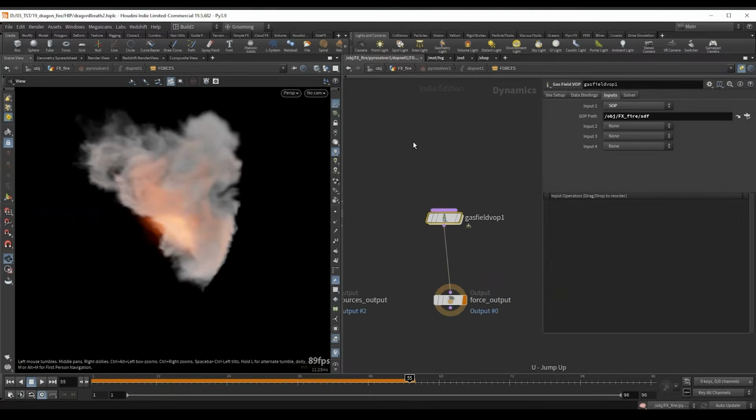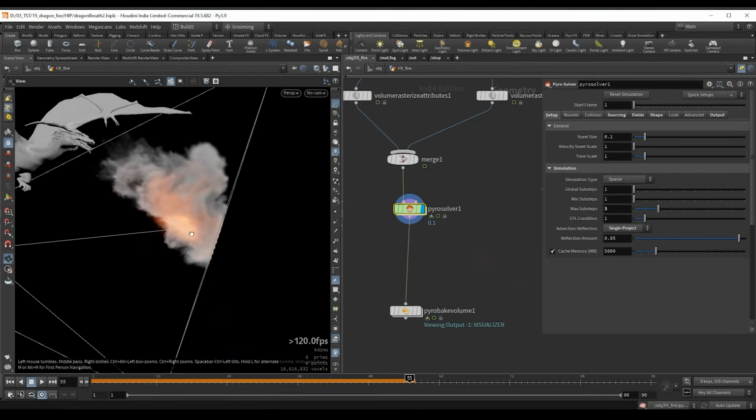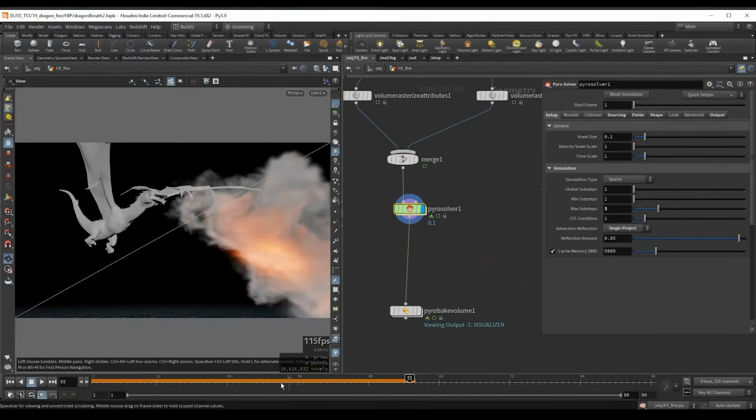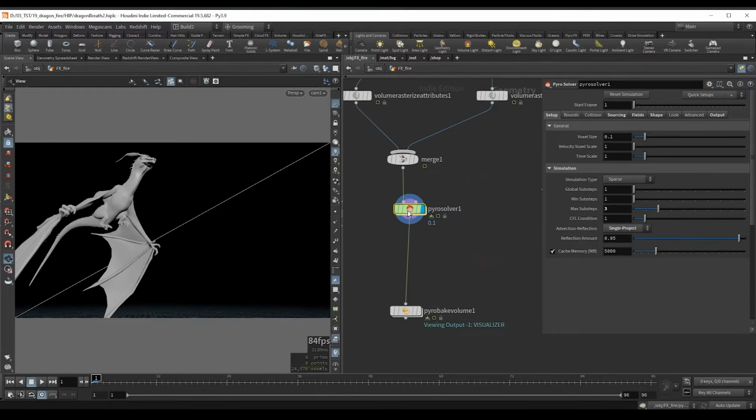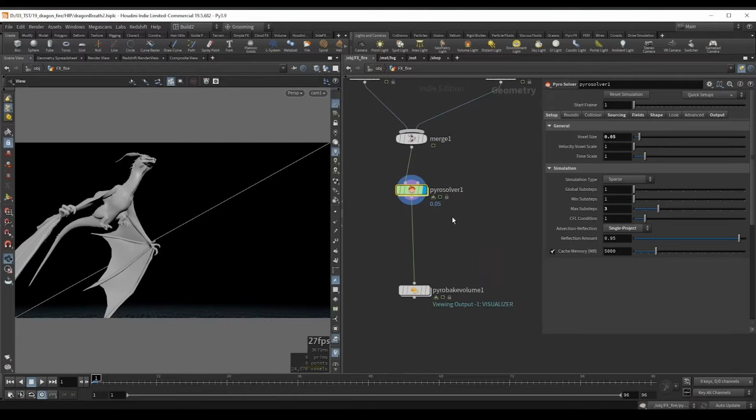So now this will optimize our setup a little bit, and we can see that there's no longer any smoke here. So let's go back to our camera and let's run a higher quality test. Let's use 0.05. Timescale is also something you can play around with, especially in this case with very fast moving smoke. It might be beneficial to increase the timescale. You can try something like 1.5, and let's simulate this.